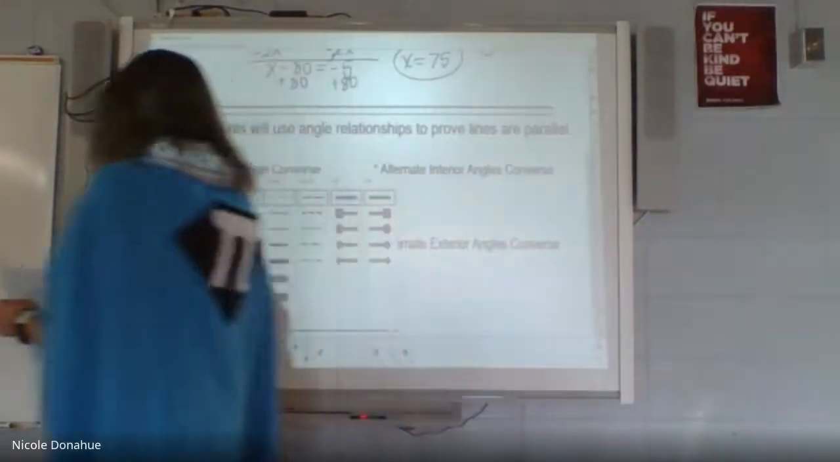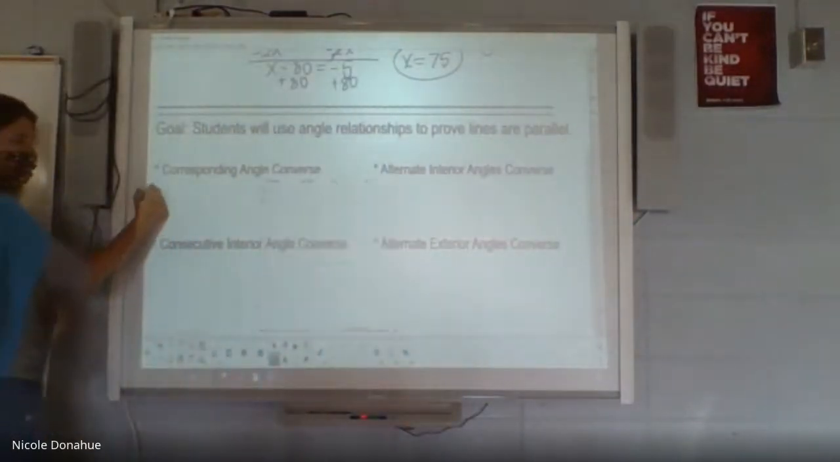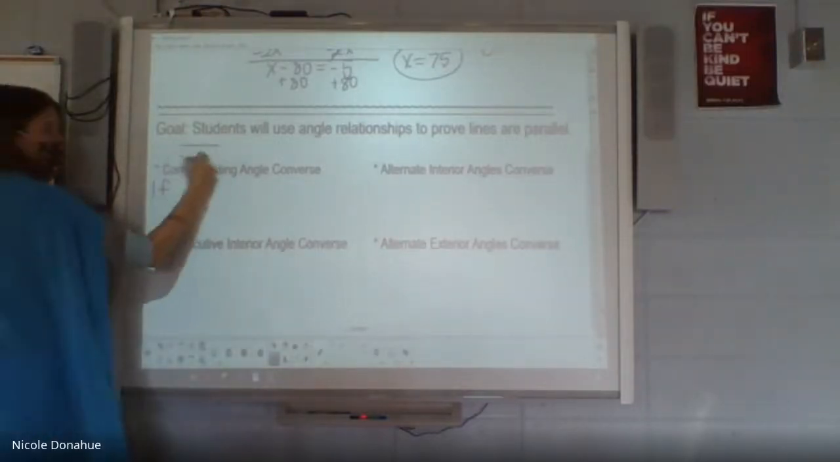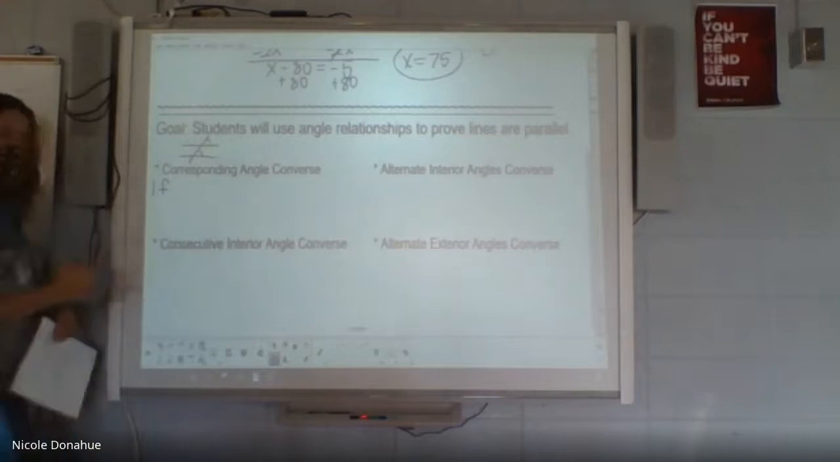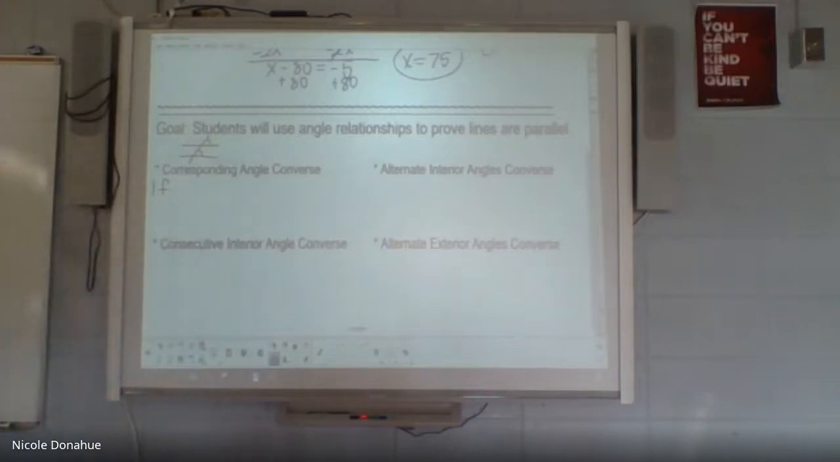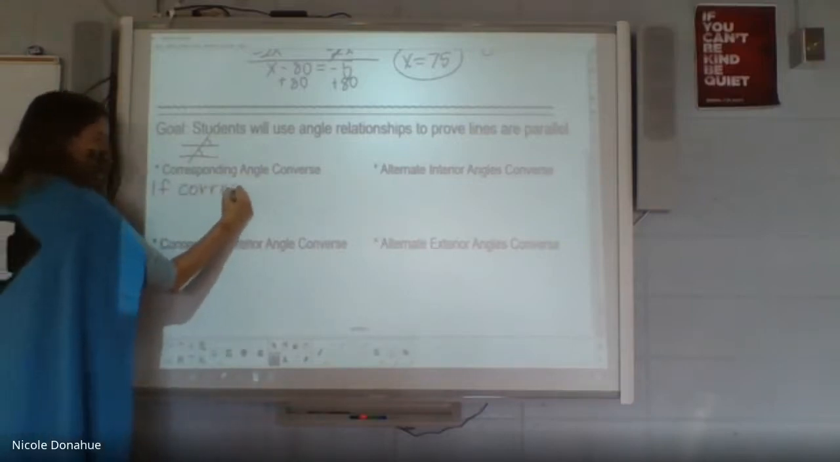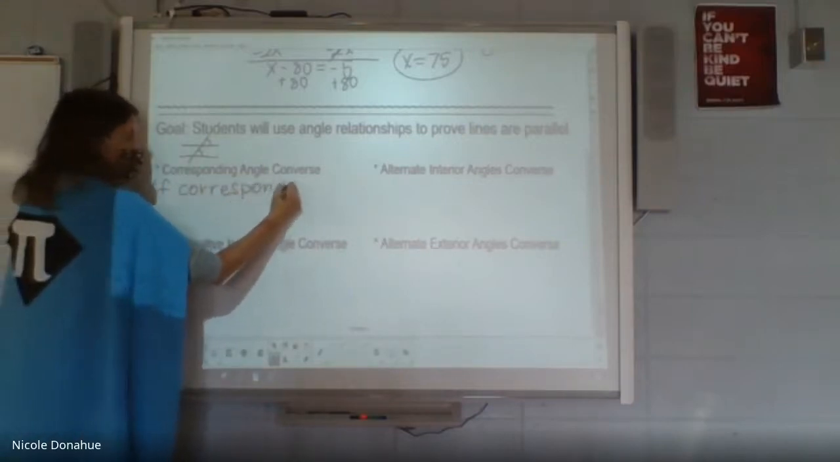So do you guys remember what the rule was with corresponding angles? Were they equal or supplementary? Corresponding angles. Just to remind you guys, corresponding are in the same position. So those are equal. Sorry, I just gave it away. I marked it. So if corresponding angles are equal or congruent,